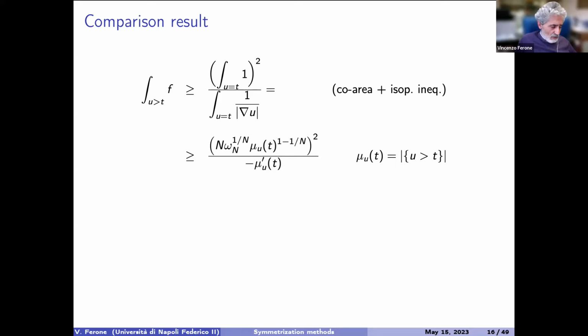Here, a role is played by the fact that we are considering homogeneous boundary conditions. So the level set does not touch the boundary. And then by the coarea formula, this quantity is essentially the derivative of this. So once we arrive to this...